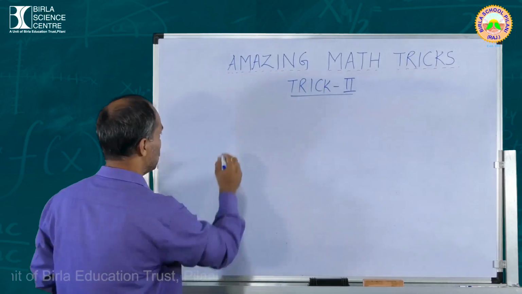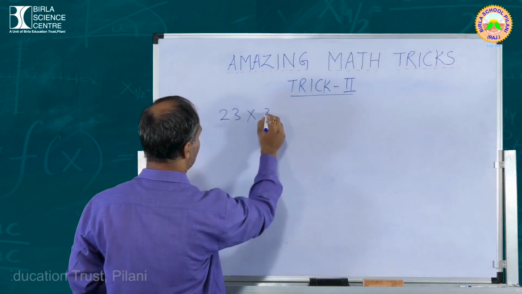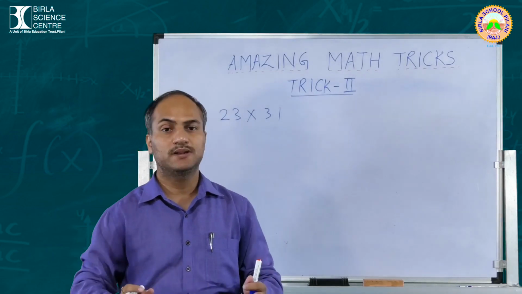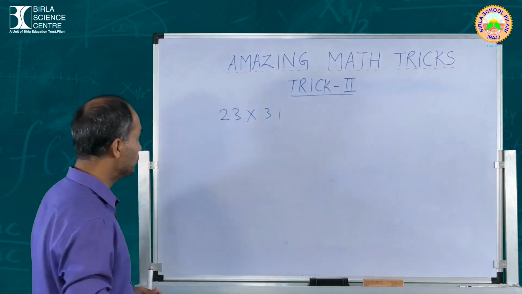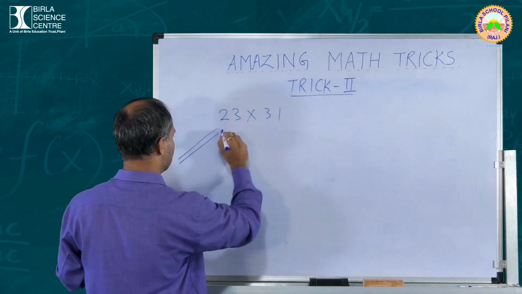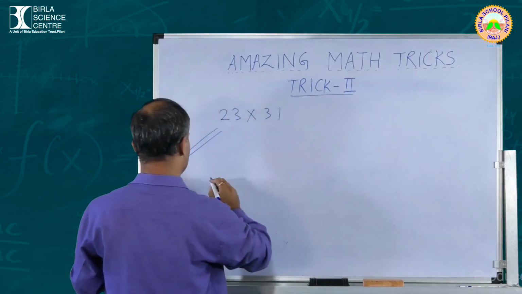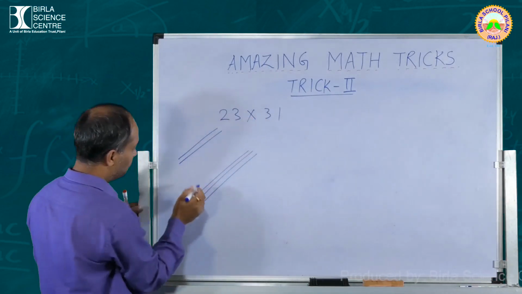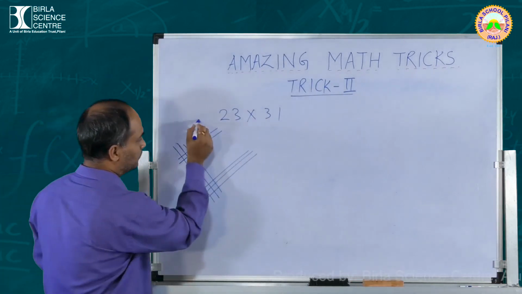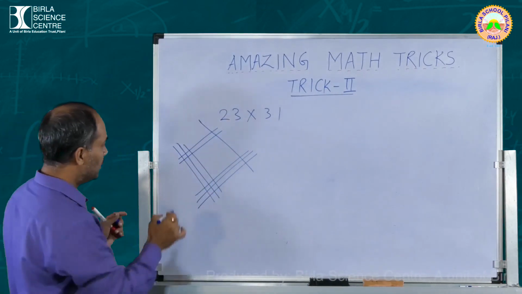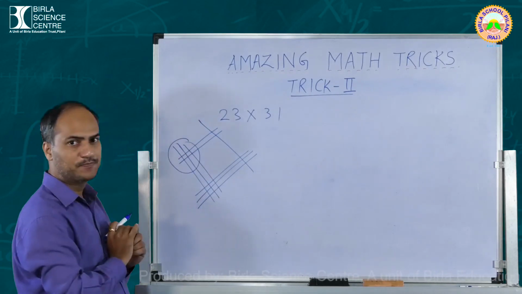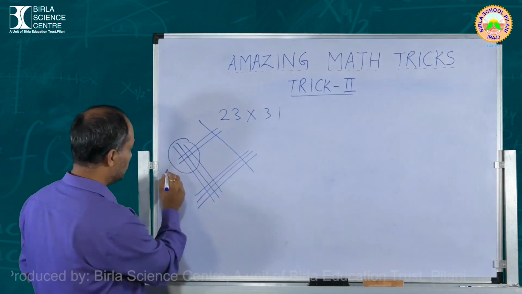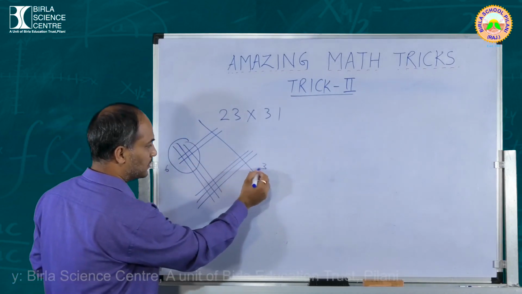In this trick we will do how to multiply two-digit numbers. Let us see. Suppose we have numbers like this. There are many such cases where such numbers are there and we can multiply them very quickly. So you have to draw just 2 straight lines here. With this digit you have to draw 3 straight lines here. For 3, draw 3 lines here, and for 1, draw 1 line here. Now, can you count the intersecting points here? How many intersecting points are here? Just see 3 and 3, 6. Fine. And here, there are 3 intersecting points.